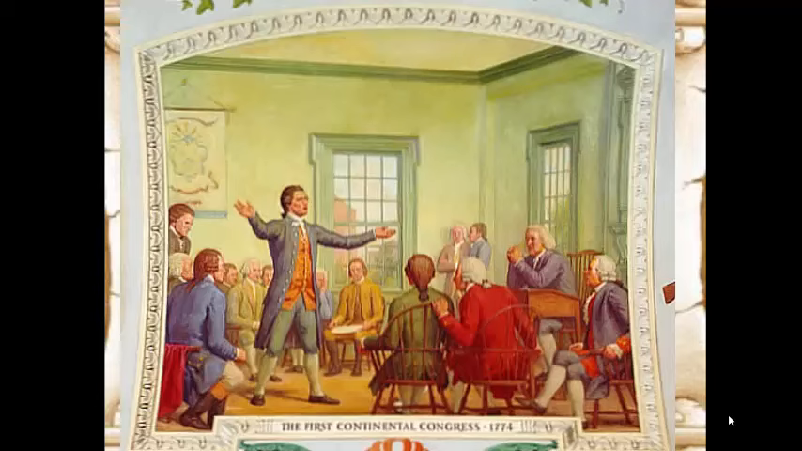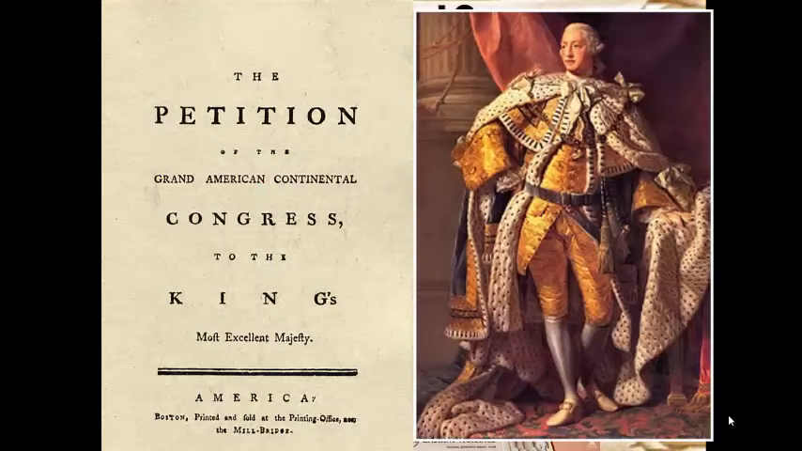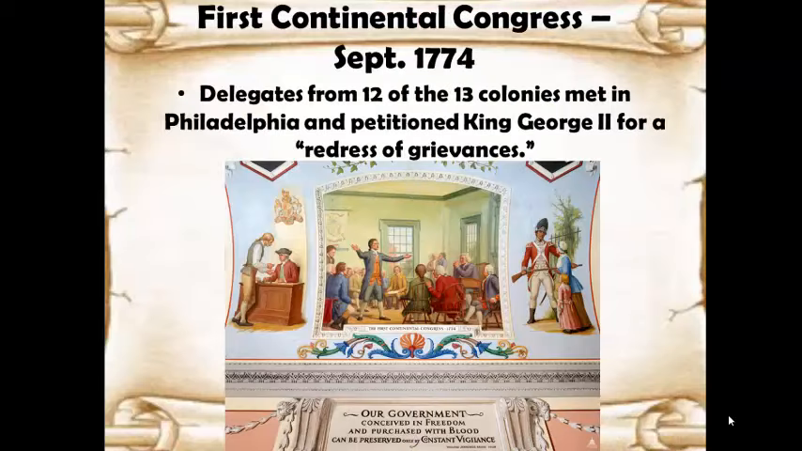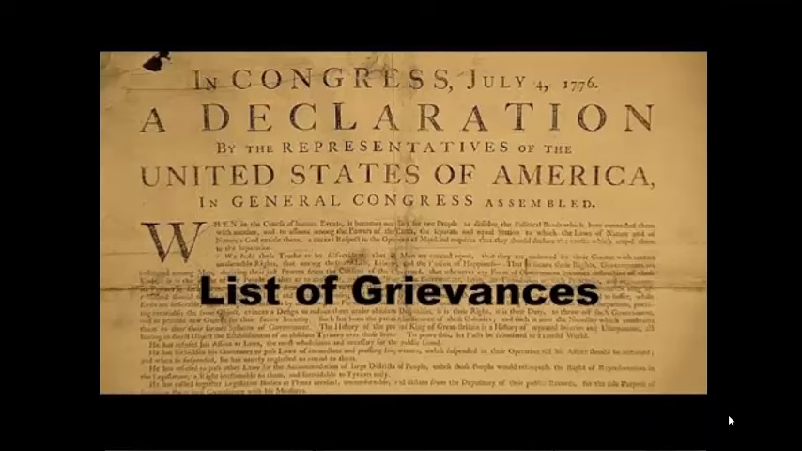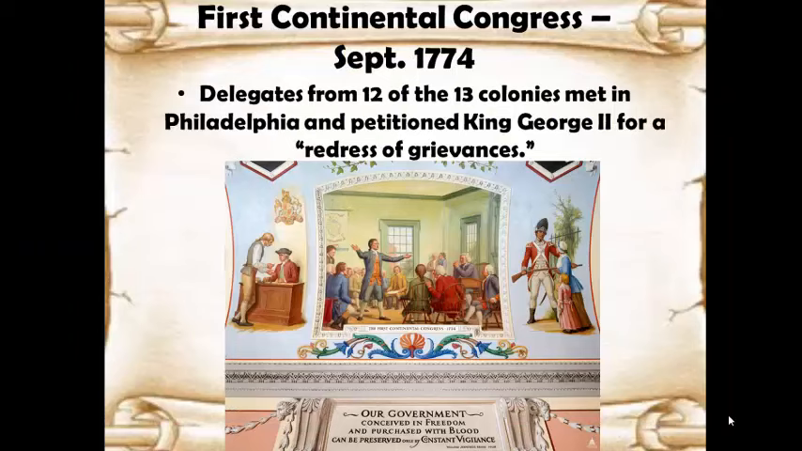And the First Continental Congress sent to the king, King George III, a list of grievances. Okay, they wanted a redress of grievances. And now the word grievance is going to play a big part in our next video on the Declaration of Independence. Grievances are formal complaints. So we were still hoping here in 1774 that the king could make things right, that he could solve our